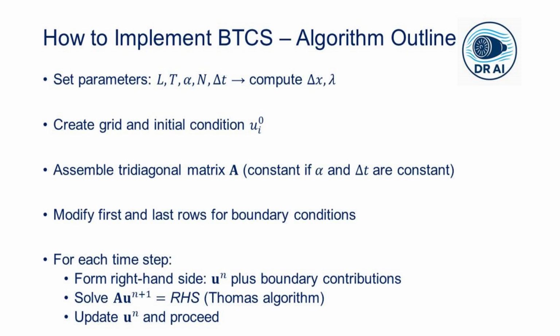Then we enter the time loop. At each time step, we form the right hand side vector for interior points. It's simply the previous time step solution. For boundary rows, we set the right hand side to the prescribed boundary values. We then solve the linear system. For a tridiagonal system, we use the Thomas algorithm, a direct fast solver, and the solution gives us the temperatures at all grid points at the new time level. Finally, we update the solution and proceed to the next time step, and at the end we can visualize the